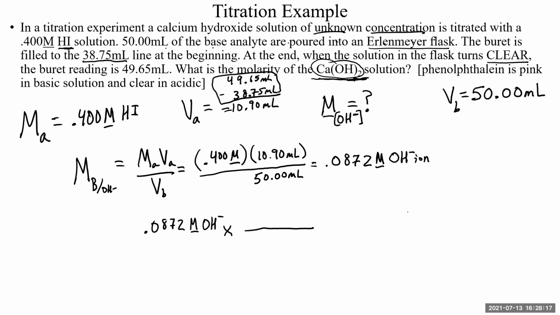I know that for every 1 mole or every 1 molar of hydroxide, oh, I'm sorry, not 1 molar. Sorry, I had this back here. I know that for every 2 moles per liter, or 2 molar of hydroxide ions, according to the chemical formula,